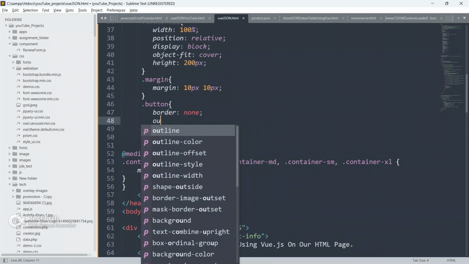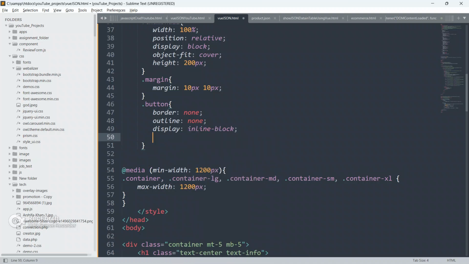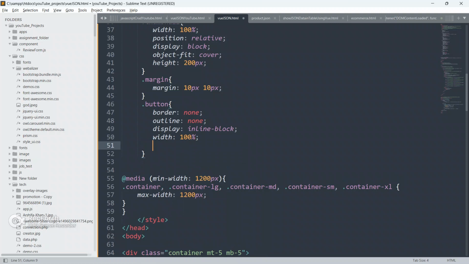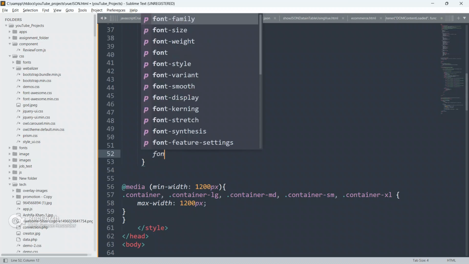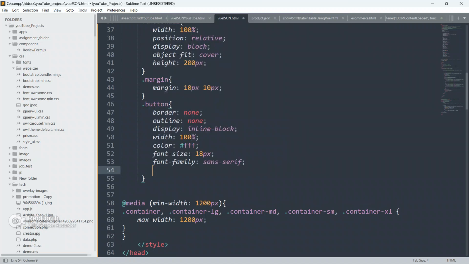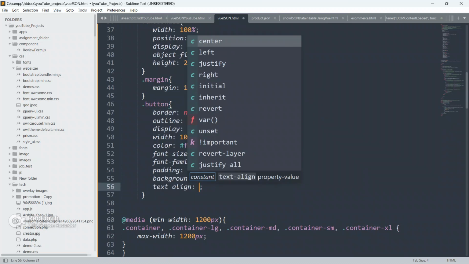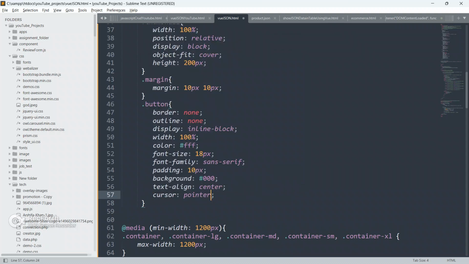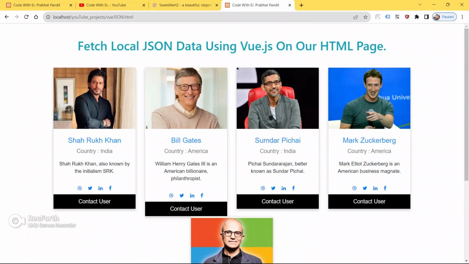So give border none, give outline also none, display as inline-block, width as 100%, color as white, font size 18px, font family sans-serif, padding 10px, background color as black only, text-align center, and cursor pointer, and that's it. Now save your code, go to the browser and refresh your page.